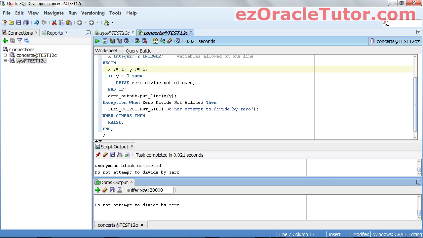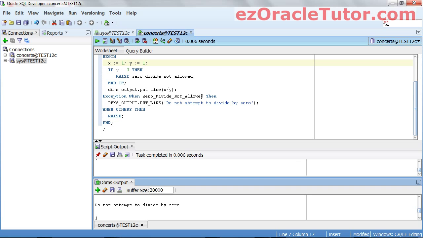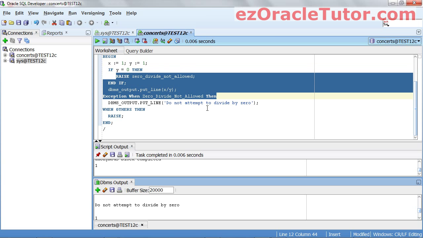If I change this to 1, it should actually give me an answer of x over y. Guess what it is? 1 over 1 is 1. That is a user-defined error. Define your own exception, trap,